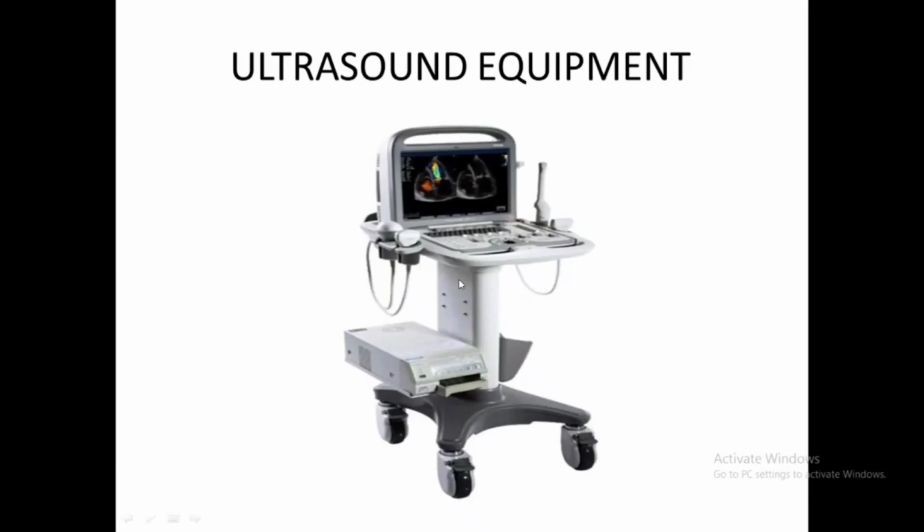See, generally, what happens is you take a linear probe and use it on the surface of the skin. Basically, you're doing vascular studies, especially on the veins and arteries, right? When there is going to be a high amount of frequency, you just need a low penetration. Low penetration is more than enough to do vascular studies. Am I correct?